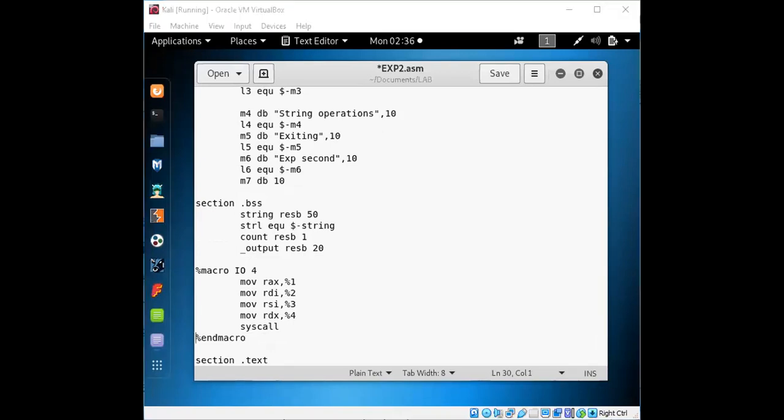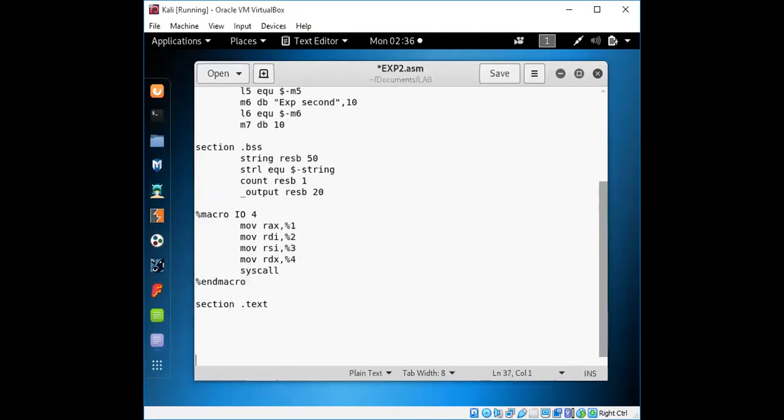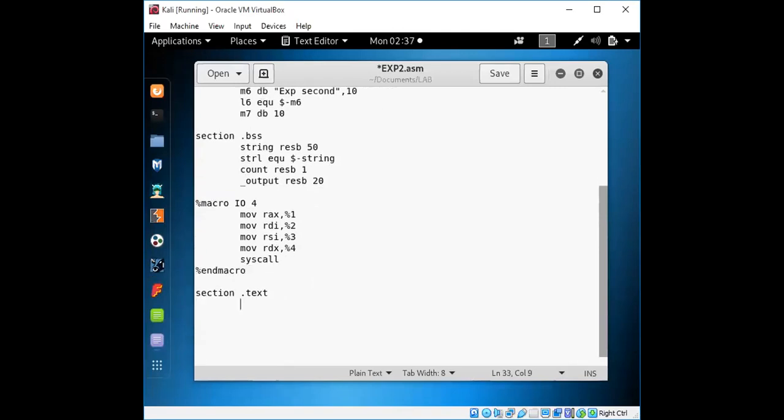Right, so your logic actually starts from the text part. Okay. Global start.